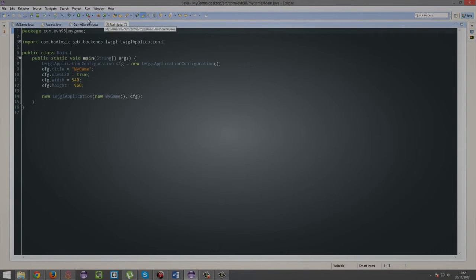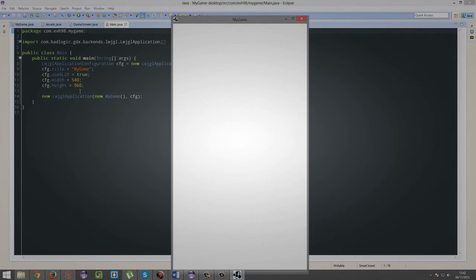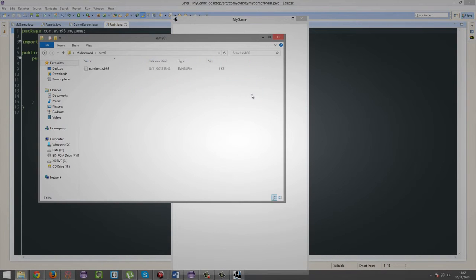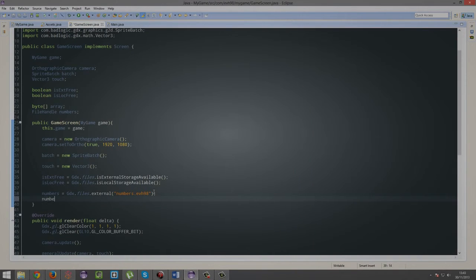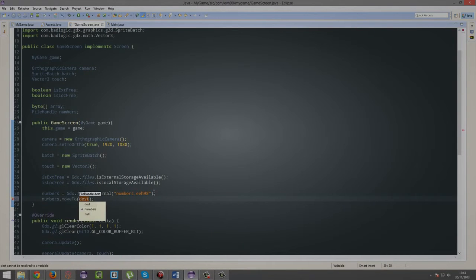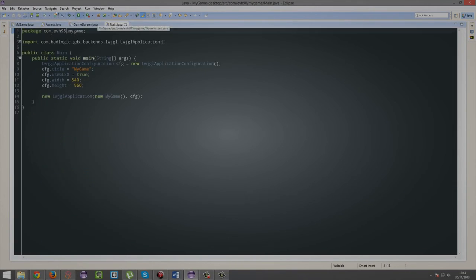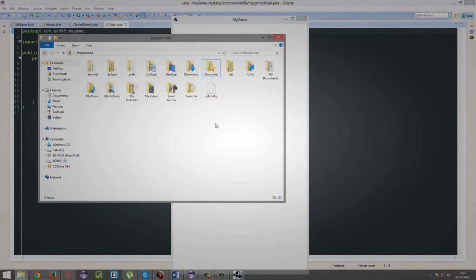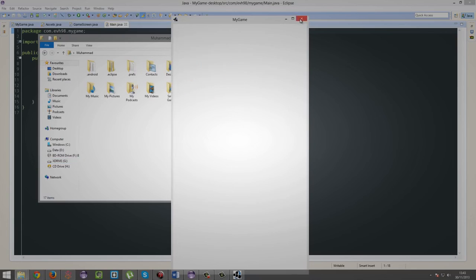Run this. And now it's copied to there. So as you can see, you didn't actually cut and paste it, or move it, so here's how you move it. You moveTo. And there's the same thing. I can't be bothered doing it. And finally, numbers.delete. Let's run this. Home folder, it's gone. That's it for this tutorial. Have a fantastic